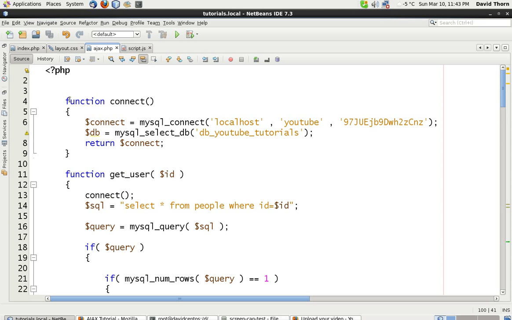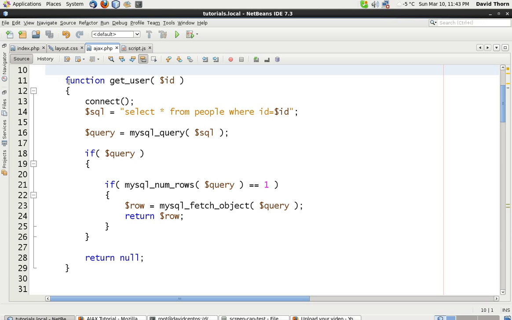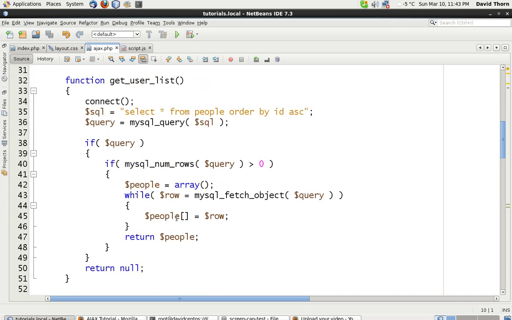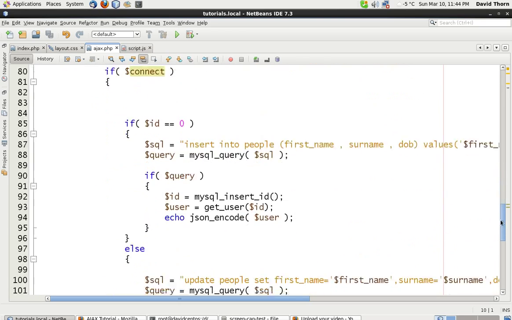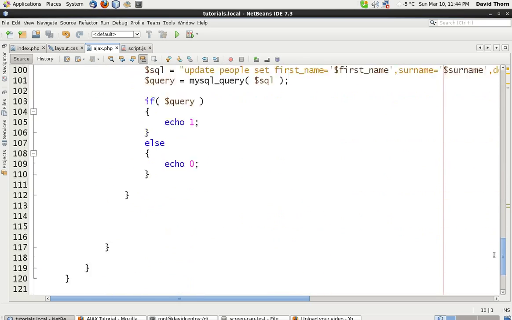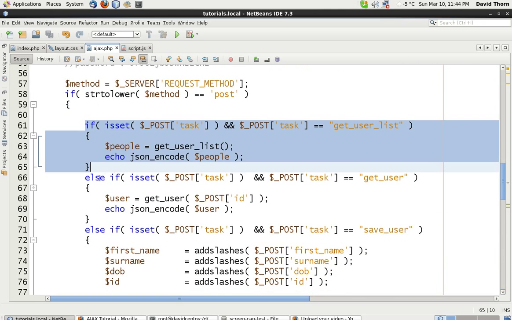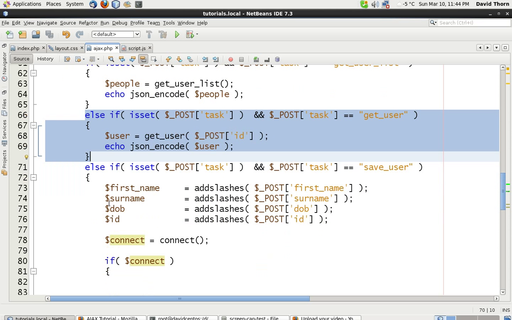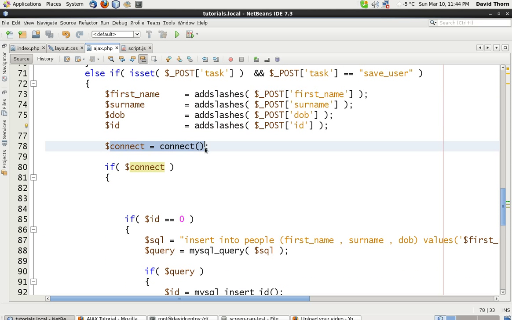Okay, so there's the connect function. There's then the get user, the get list. Okay, then it gets a little bit dodgy from here. So, yeah, you've got an if statement there, else if statement there, then another else. So you want to open and close curly braces first of all, then set these things, then connect, and then